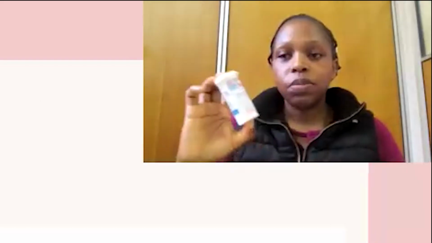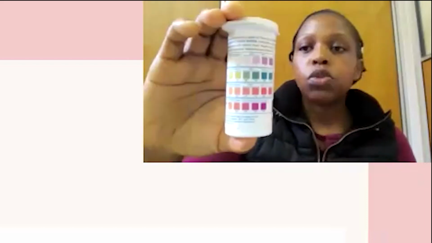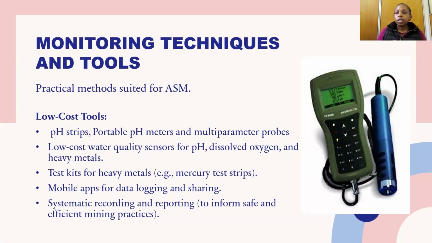These are the types of strips, similar strips that can actually be used for monitoring your pH. And you just take a strip, you dip it 15 centimeters down into the water. And then once you get the color change, you then compare to the color coding that is given there. This gives you an indication of how acidic or alkaline your water is.